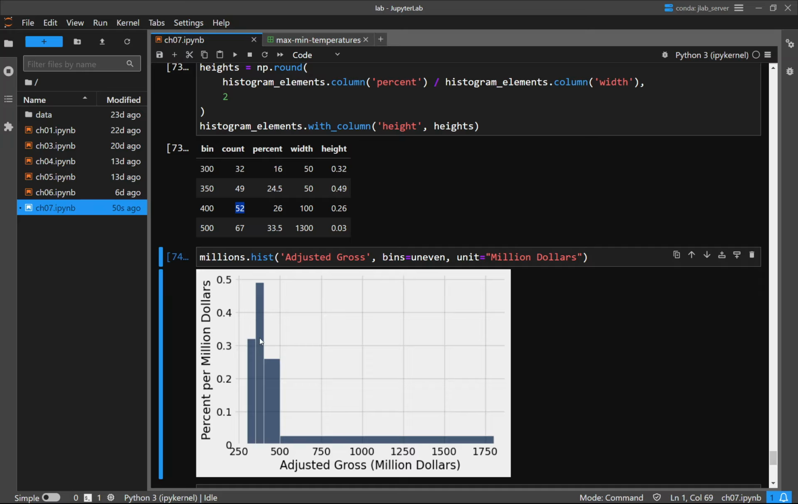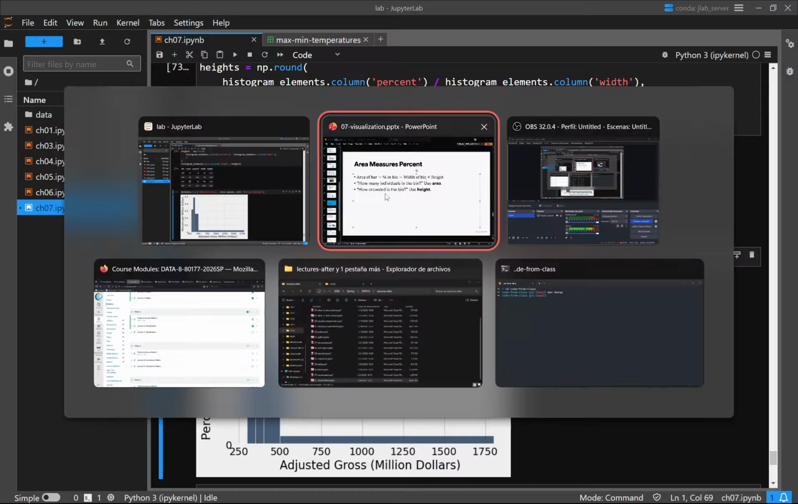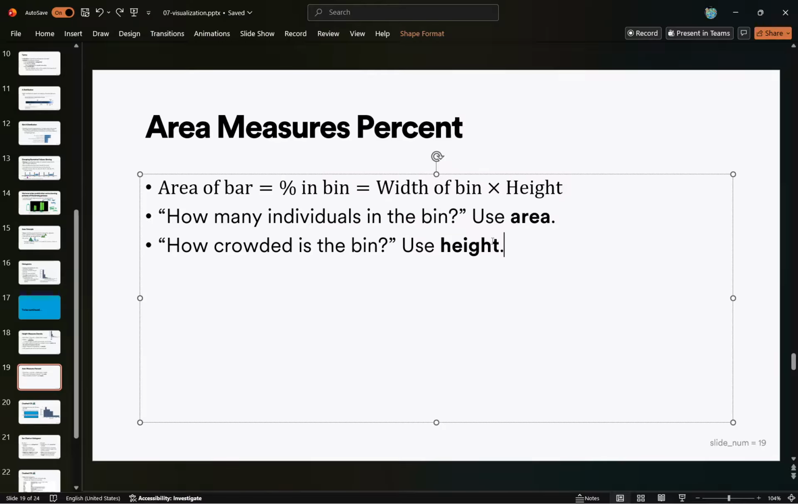There's the same amount of width of the bin, but this one's more crowded because it was higher. You can see immediately that it had more people in it because of that. It's more crowded, there were more people packed into that bin when it's higher. It's easier to see when they're the same size. But that's what that means. Crowdedness is height, because that tells you